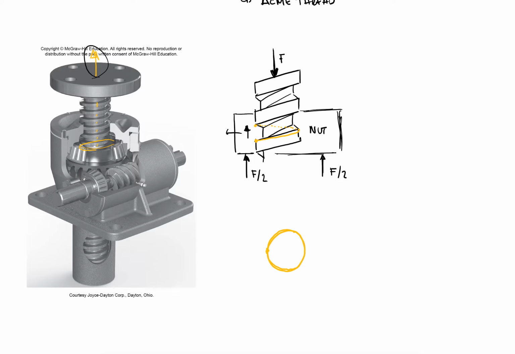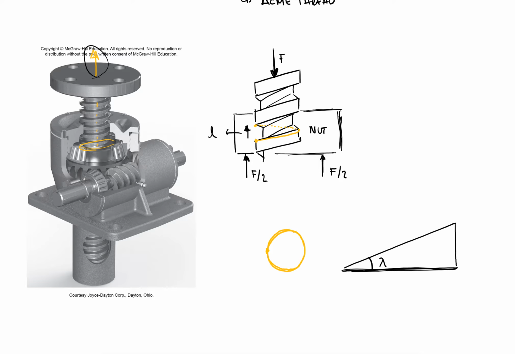And what we said before is that I refer to that as the lead. So if I look at this as how much it rose and how much it advanced, kind of like the slope here, I would have an angle